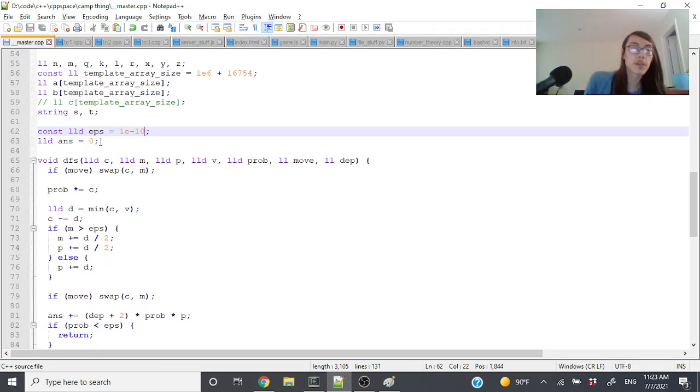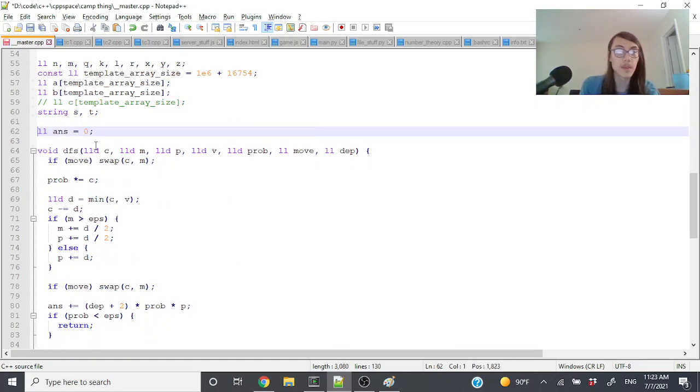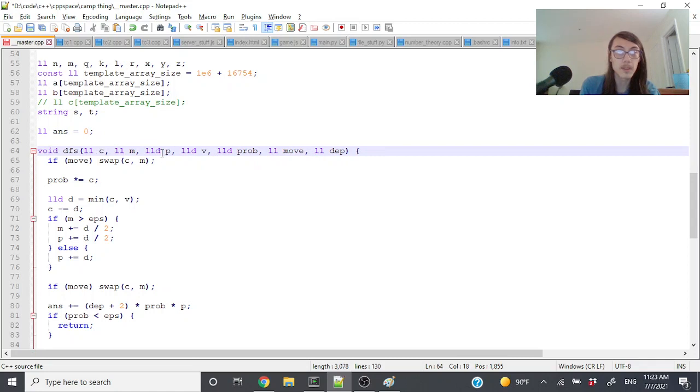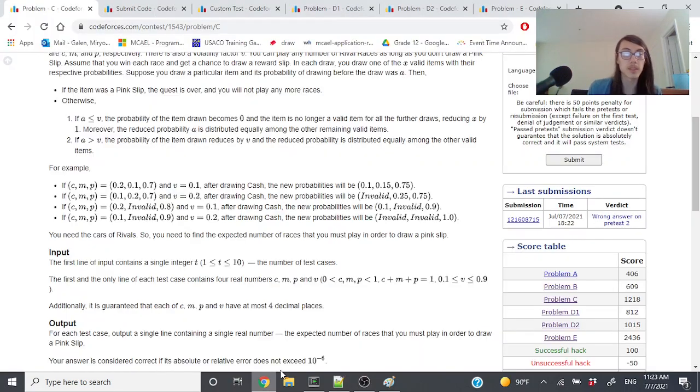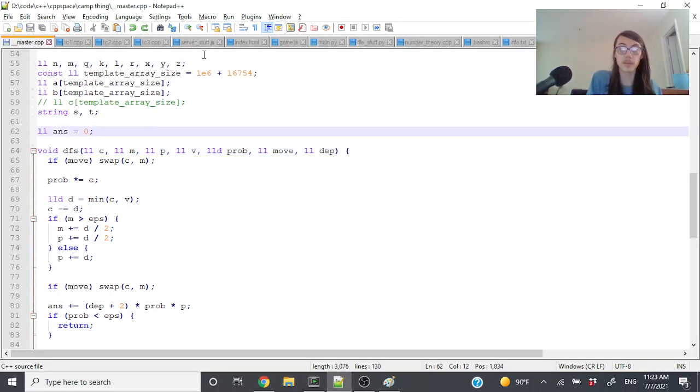Okay, actually, what if we just got rid of doubles entirely? What if we just did that? Maybe that would make everything better. Well, wait, no, we can't. Not with probabilities. I guess the probability can be that, because we have at most like this many decimal places. So if I multiply everything by like